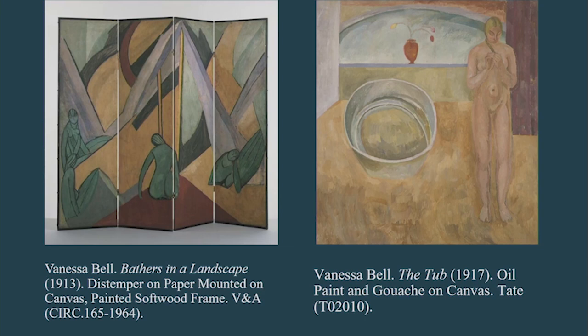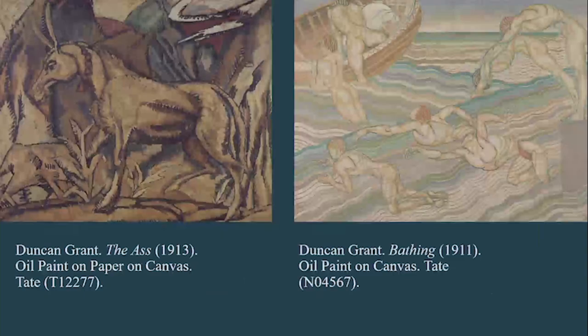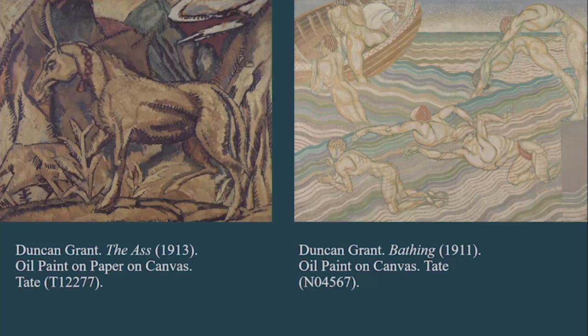For this screen on the left, painted by Bell for the Omega, distemper is identified, and Duncan Grant records in an interview in Tate's archive that the tub by Bell was painted in gouache. Tate also had some technical reports on two of Grant's paintings. Both are predominantly oil paint, but casein was found in the underpainting of the ass and in the priming of bathing. While these paintings are less stylistically relevant, it's useful to begin building a picture of the types of paints